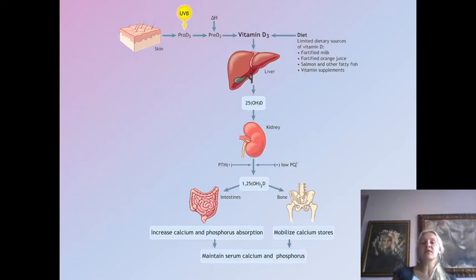So this is a nice figure which I really like, which represents the chemical modifications of vitamin D. So we can have it from activation by the UVB rays from UV light. So provitamins can be converted and activated to vitamin D3, or we can supply our body with vitamin D from the diet. And of course, here in the figure, this is stated limited dietary sources of vitamin D, because honestly, nowadays,